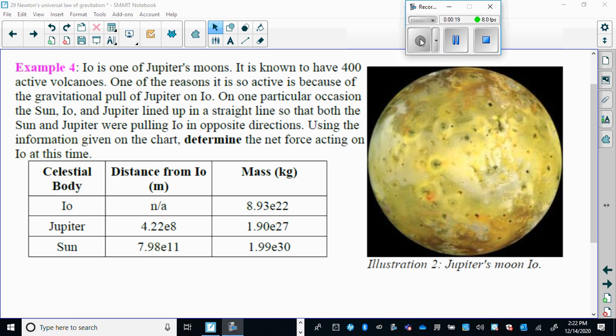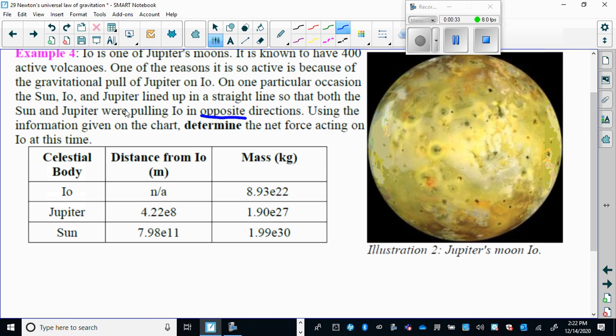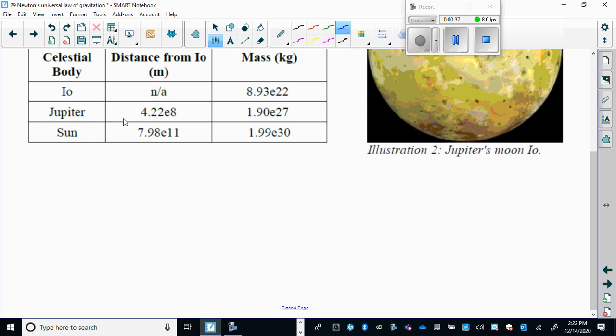And it says on one particular occasion, the sun, Io, and Jupiter lined up in a straight line so that both the sun and Jupiter were pulling Io in opposite directions. Using the information given on the chart, determine the net force acting on Io at this time. If they're pulling Io in opposite directions,